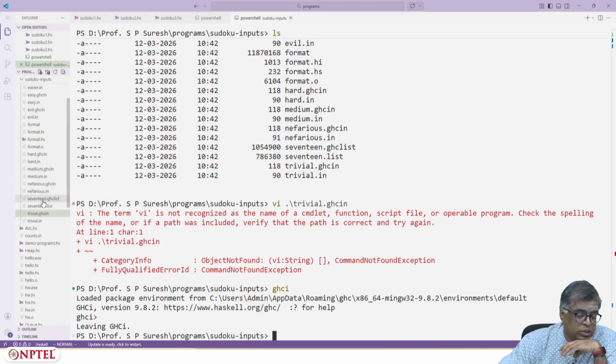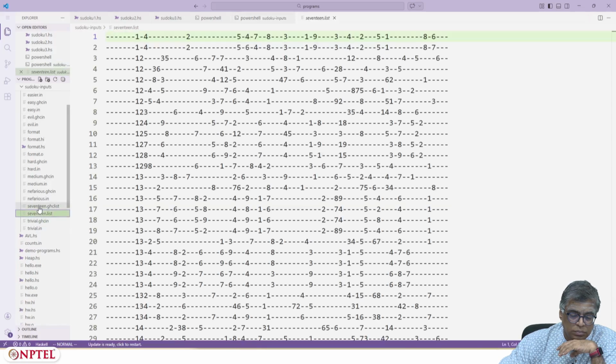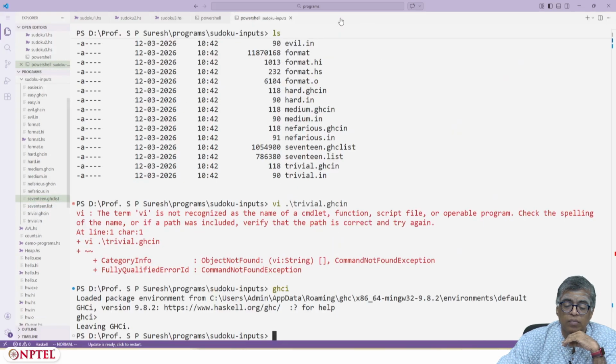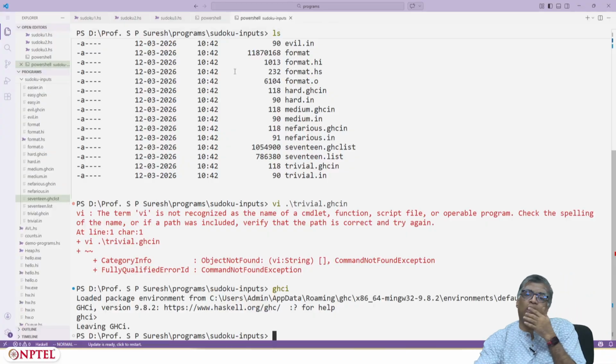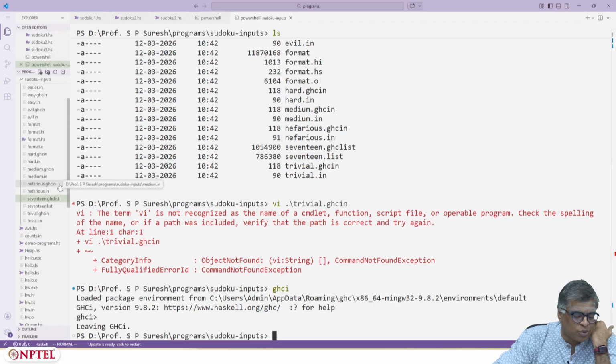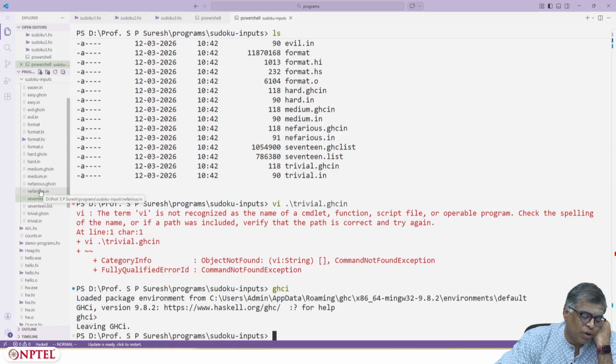Ah, 17 dot list. That is all kinds of 17 problems. Yeah, so in fact I will include some 9,000 or so puzzles where only 17 entries are given, and you can work your way through all of them.